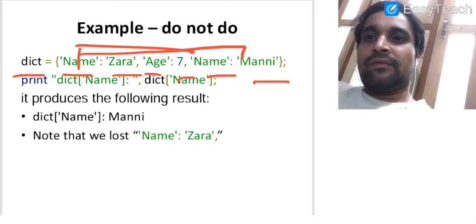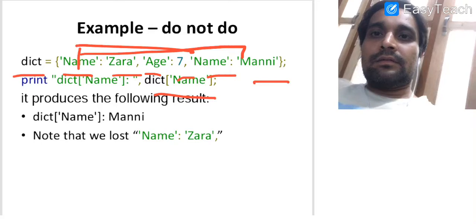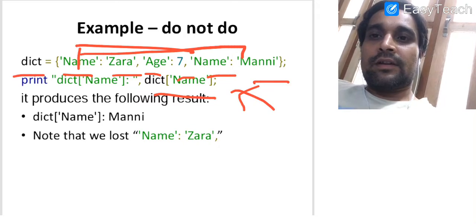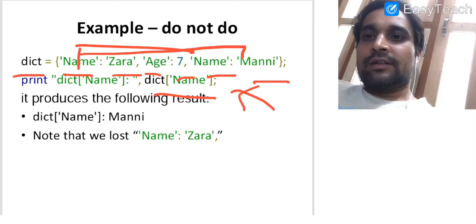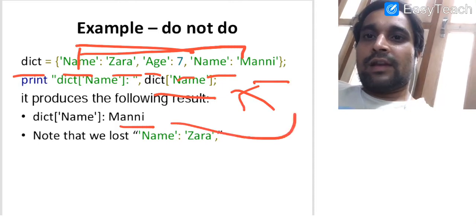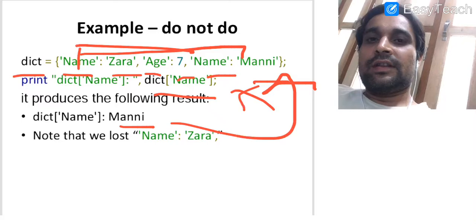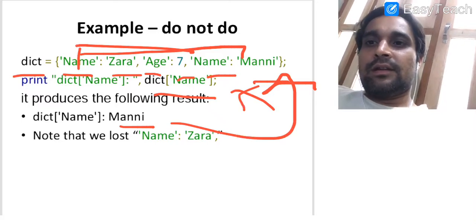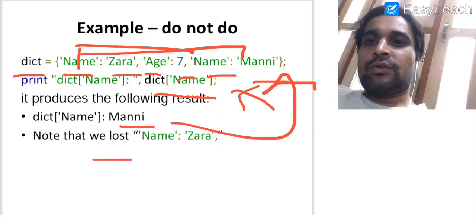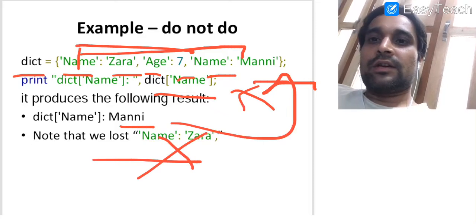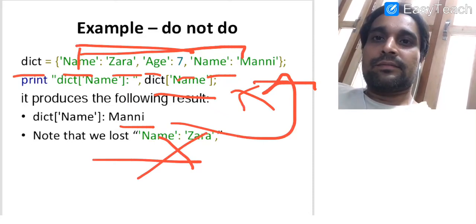What will happen when we print the value for the key which is available two times in our declaration? When you write this statement, then you will get name as Manni, because the value is overwritten by the second part or second definition that is available in the dictionary. So we have lost the first value, that was Zara in this case.